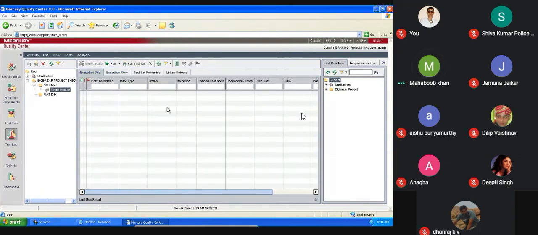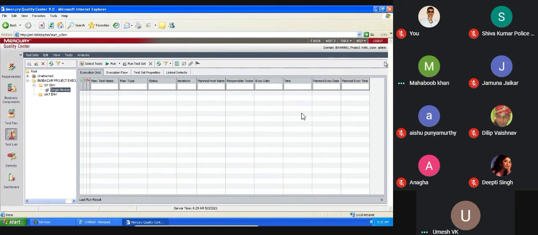Now when you see here on the right side, are you able to see the project name? Test plan tree. Are you able to see, guys? Now open this. All our test cases we are able to see. Imagine you are not able to see this, this window is not there. How to get this window?